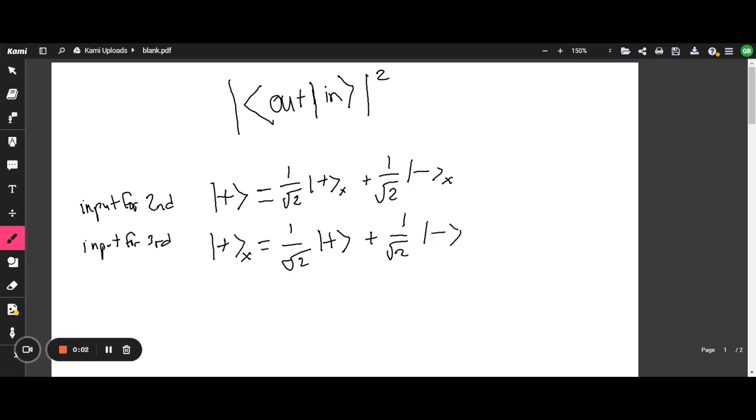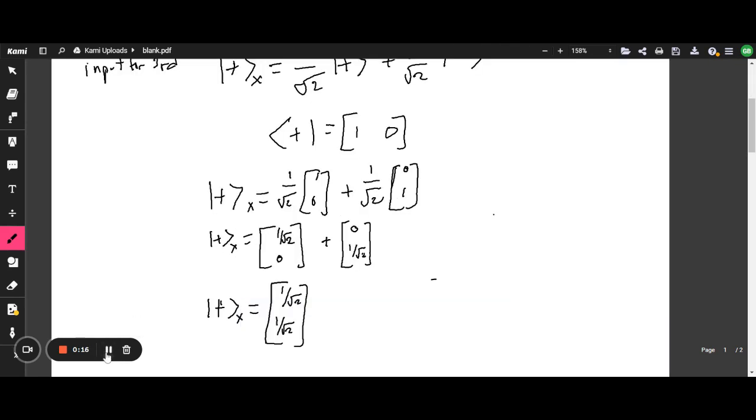Since we have the input for the third analyzer, we can go on with finding the probability. Let's first find the probability of finding spin up in the z direction in the third analyzer. So as shown in the previous video, the matrix form of spin up in the x direction is just given as 1 over square root 2, 1 over square root 2, and then the spin up row vector is just 1, 0. So going on with the inner product, we have